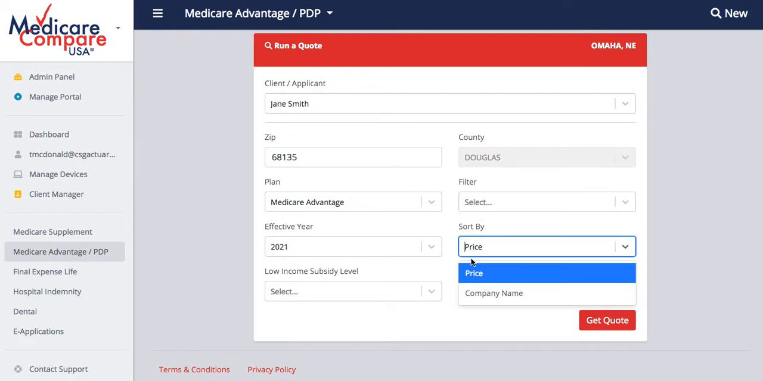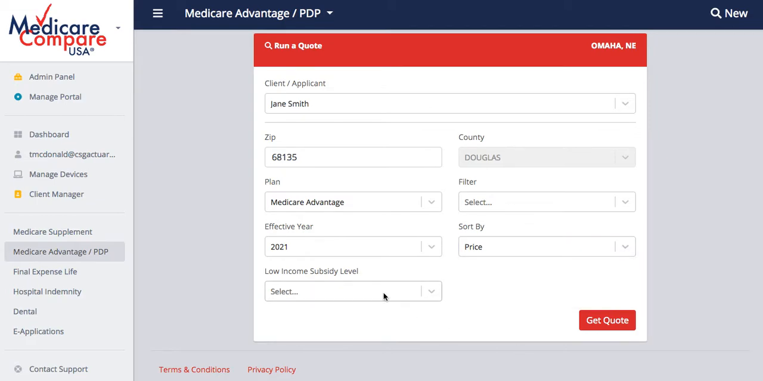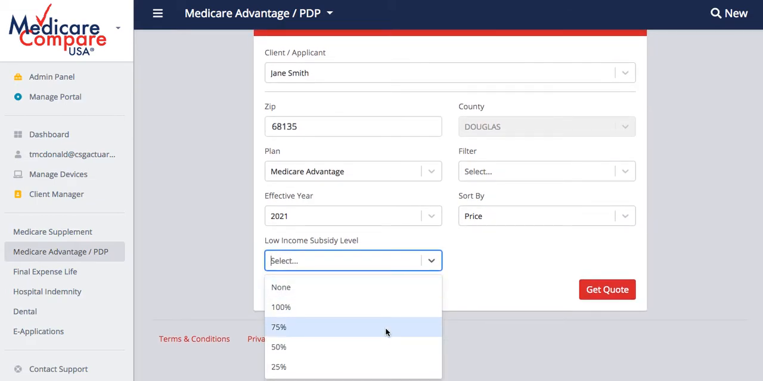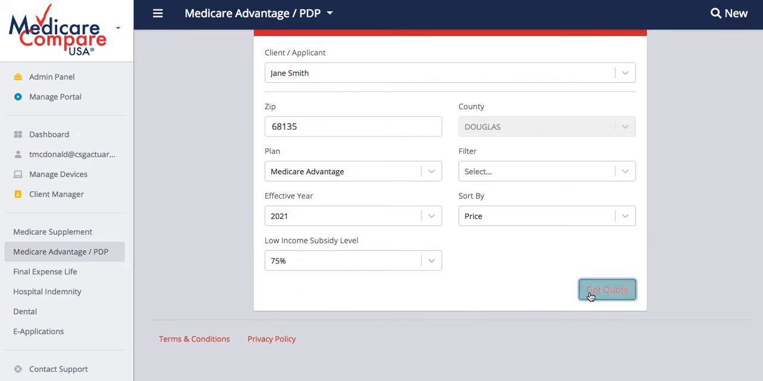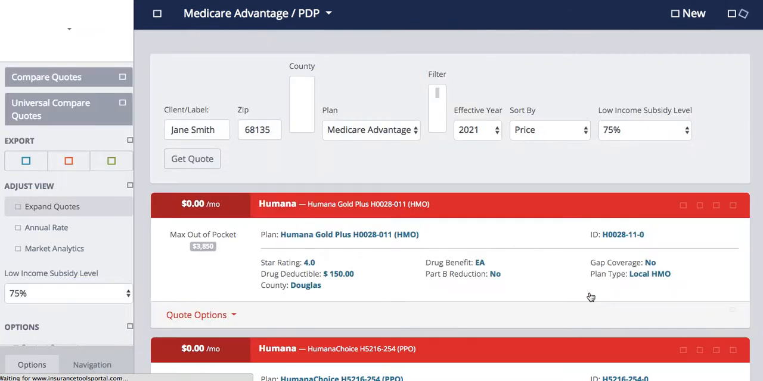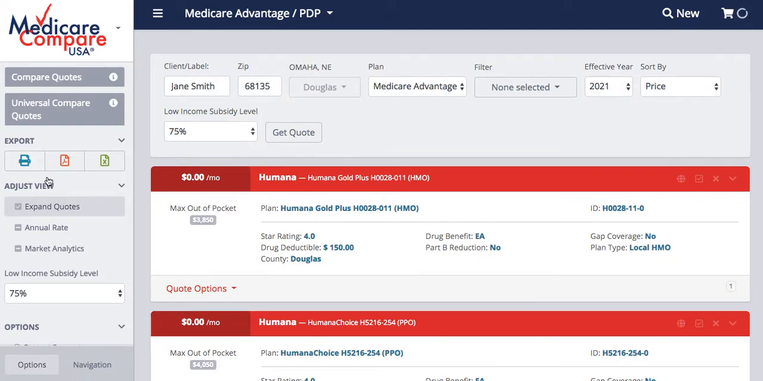And with the $0 premiums, it's going to sort by max out of pocket. We can also select our low income subsidy level if we would like to. So we'll select 75% for this example, and then we'll go ahead and hit Get Quote. Similar to the Medicare Supplement results page, you can do a print export, a PDF download, or an Excel download